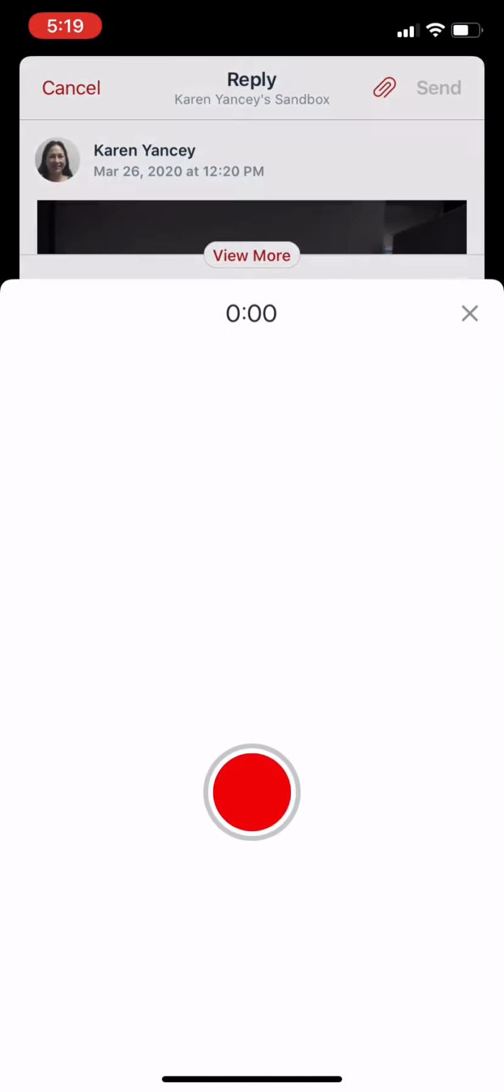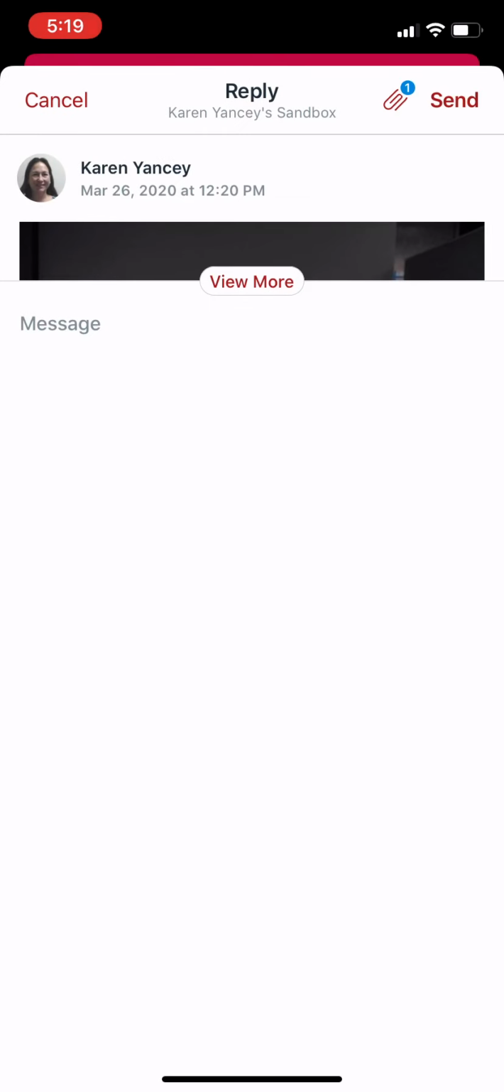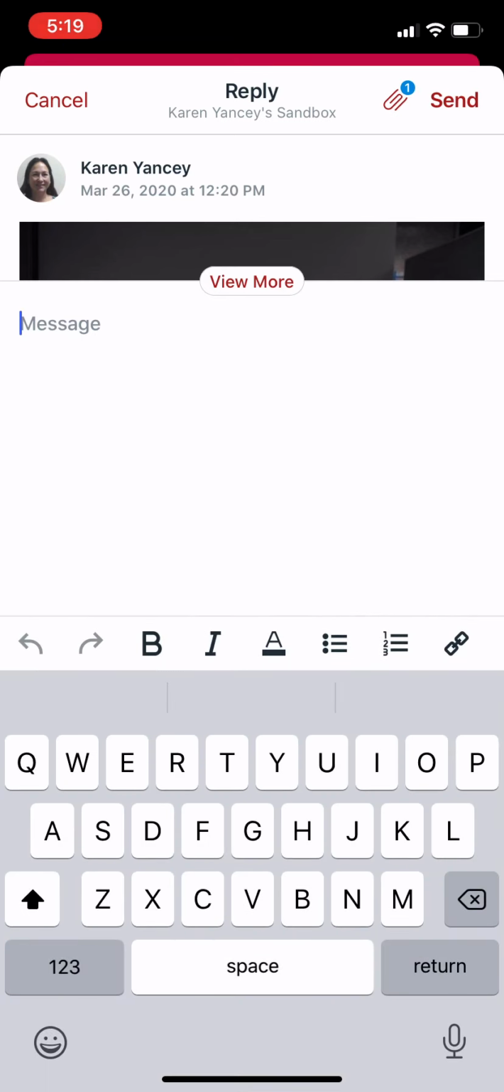I'm going to record audio, and I press record. I'm going to record right now, and then press stop. You can delete it, or you can attach it. So I'm going to attach it, and you'll see there's a 1 on top of the paperclip in the upper right. You can add a message, a text message,